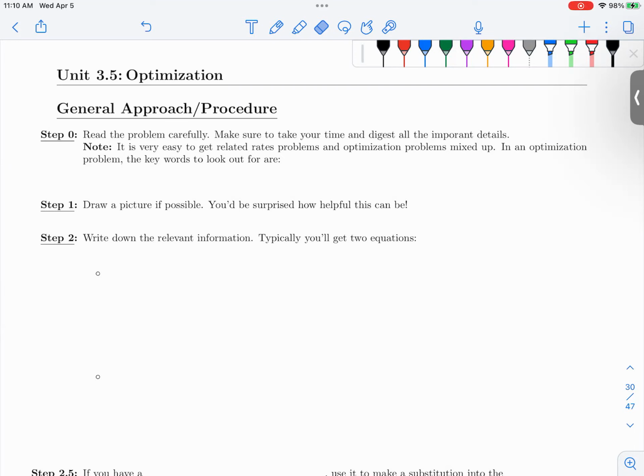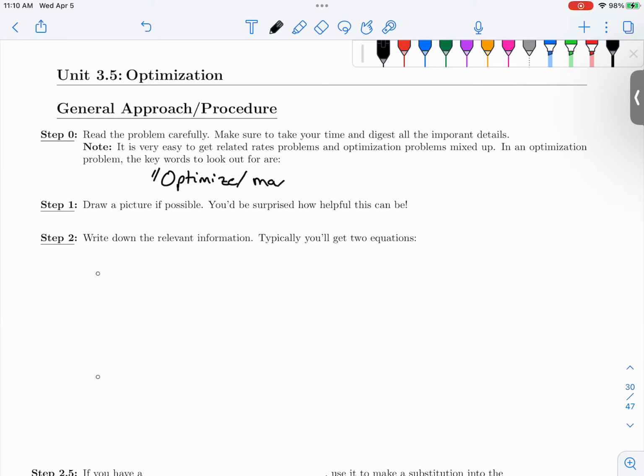So step 0 is to read the problem very carefully, just like normal. Make sure you take time to digest all the information. It is very easy to get the related rates problems and the optimization problems mixed up. But the key thing to look out for, to know which one you're dealing with, is if you see optimize